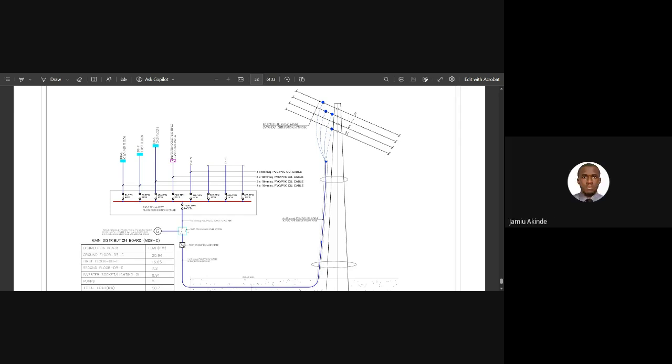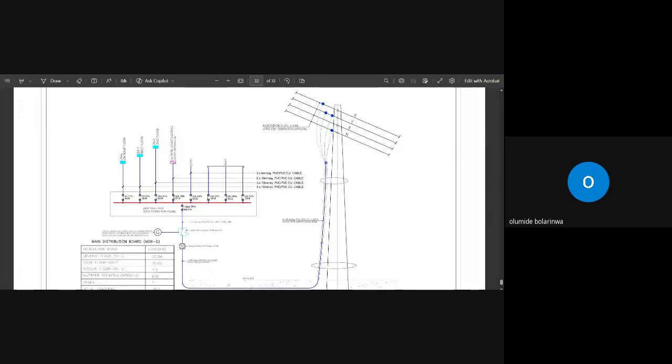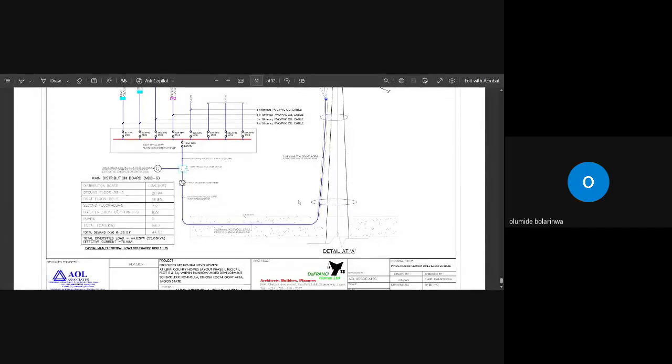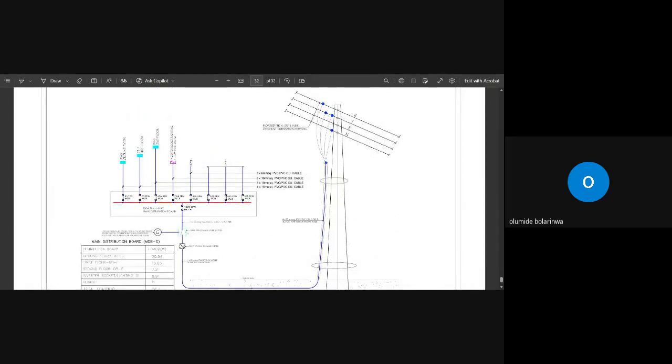Yes, sir. Now, you can see that this drawing does not have a transformer, yes or no? It is not having one. So put it in mind that sometimes it might not have a transformer, but I just want to use this to explain some things to us. Now, you know our cable is coming from where? Our high tension bar, and your pole